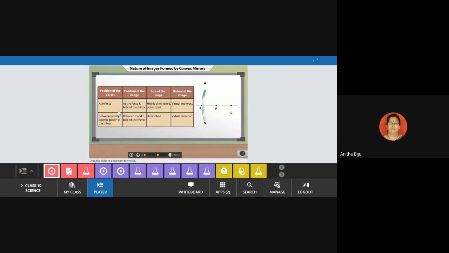Only two positions are there: the object at infinity, and the object between infinity and pole. Between infinity and pole, we can't say focus or C, because the image is always behind the mirror, on the other side. In this case, the rays only appear to meet, and it is not a converging mirror; it is a diverging mirror. In both cases we get an image of the same nature, virtual and erect, and highly diminished. Okay, so this is all about today's class. Stop sharing. So all the ray diagrams are